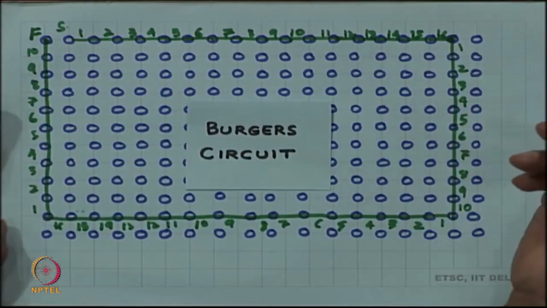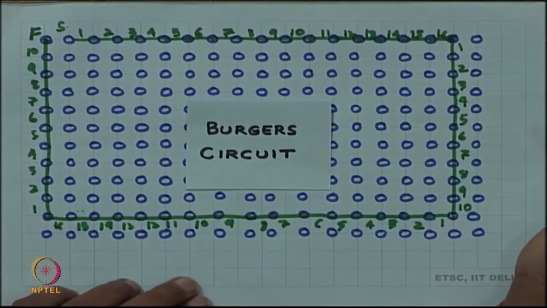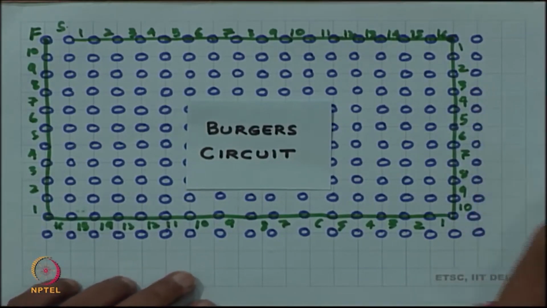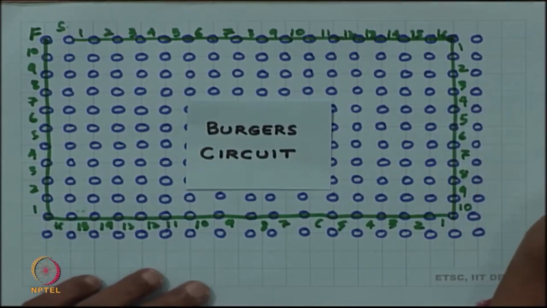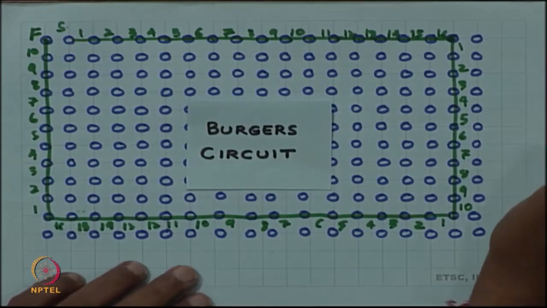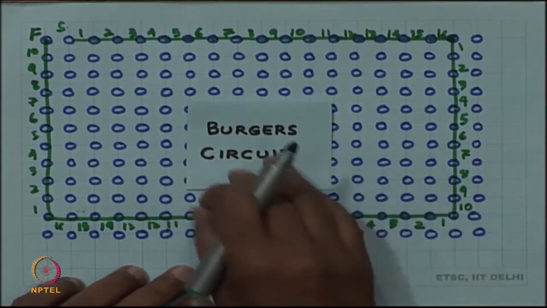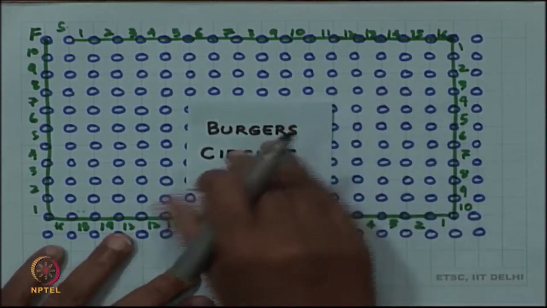So, it is a 16 by 10 rectangle in this crystal also, but it is not closing. So, there is a closure failure. What is the reason for this closure failure? The reason for the closure failure is hidden behind this sticker. So, let me remove this sticker,